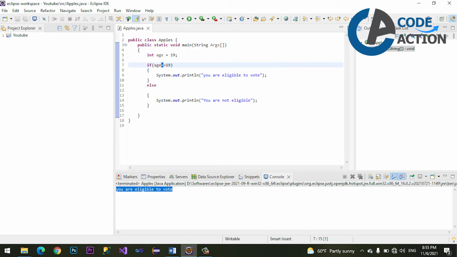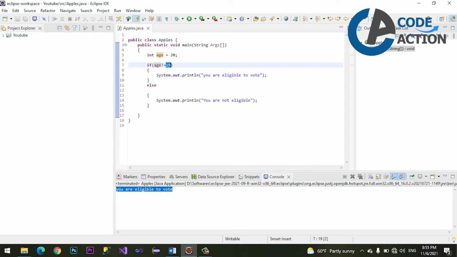If age is not equal to 19, suppose the value of age is 20. If the value of age is not equal to 19, then do what? It's clear that 20 is not equal to 19.